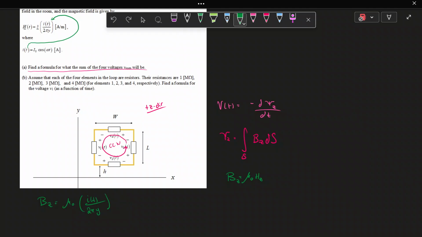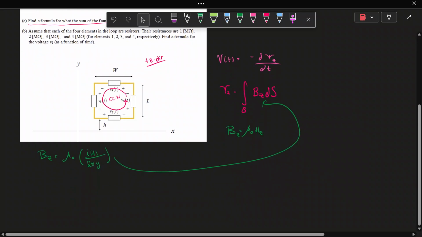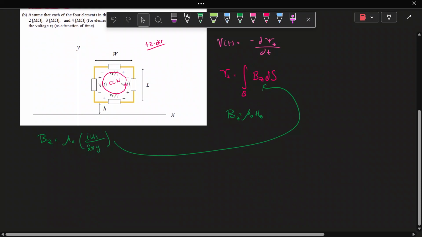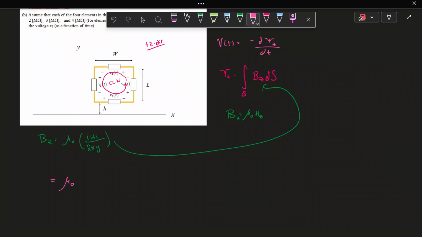Okay, but now what can we do? Well, we can plug this back into this integral, because now we can take an integral of it. And that's something we know. Now we know what B of z is. So let's say this is now equal to the mu naught, because again, this is a constant, of the double